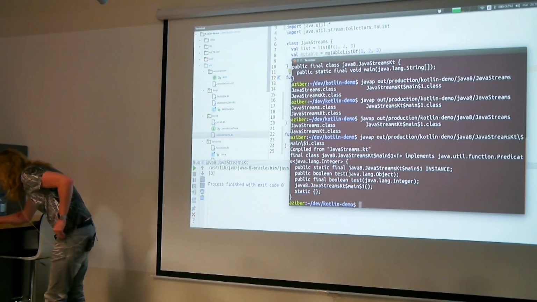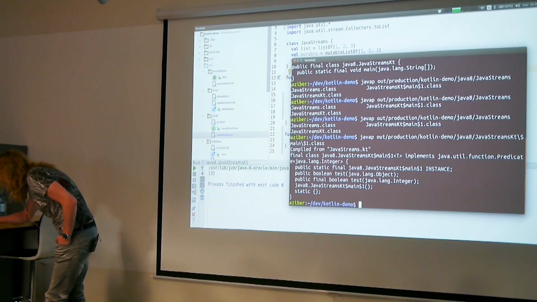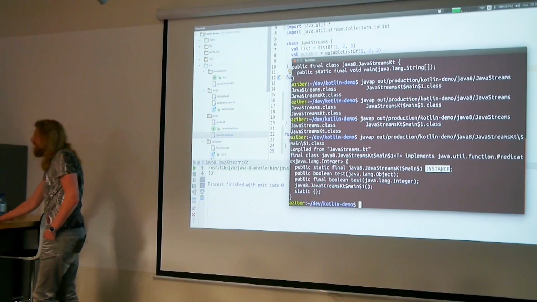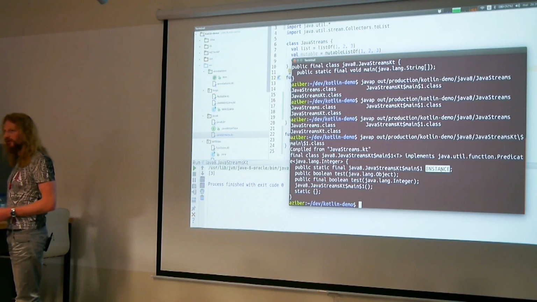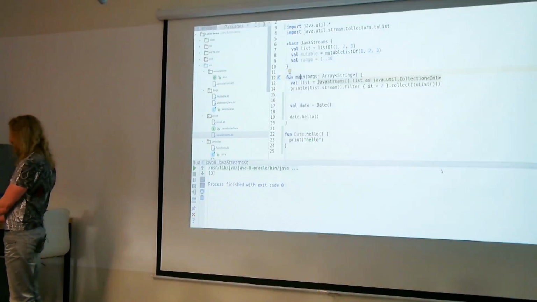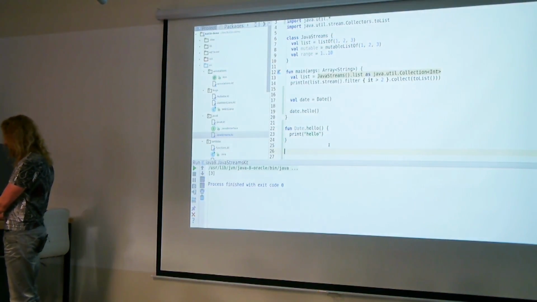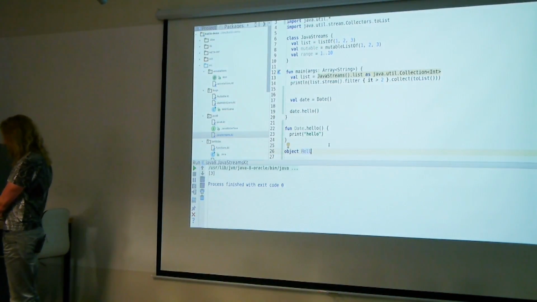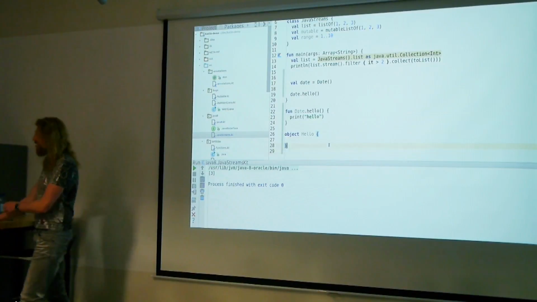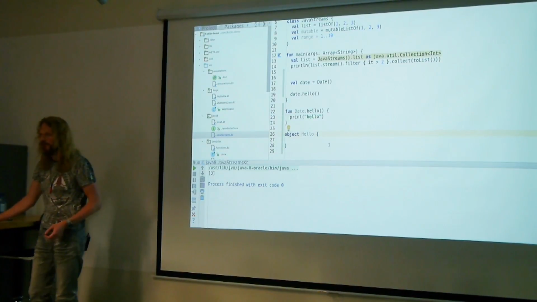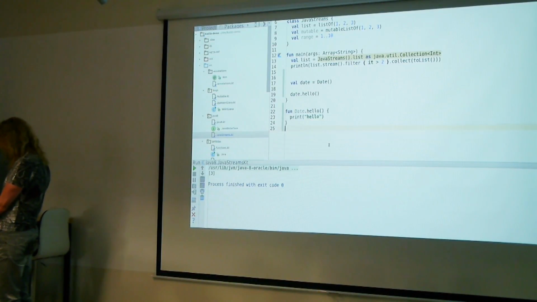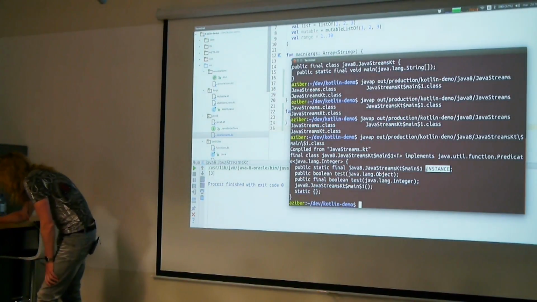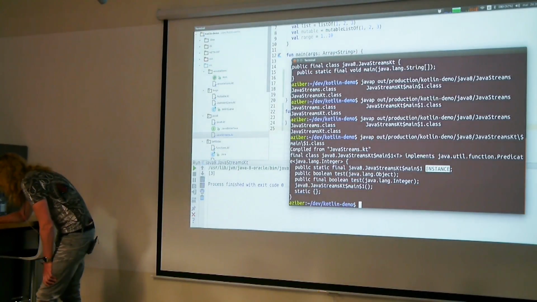So yeah, what does it have? It has the instance thing. So actually, there is also a notion of object like in Scala. You can create classes or you can create objects. There is no static in Kotlin, so I can create object hello, and this will generate a class for me, a singleton for me, basically almost like in Scala. And this is the field instance that we see here. It's for some object, and the method.